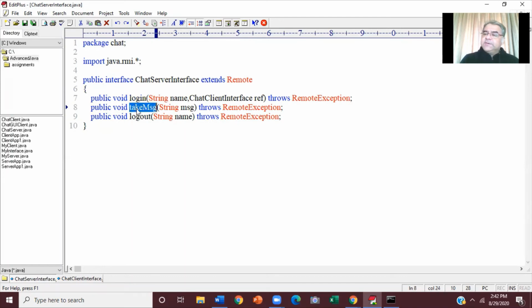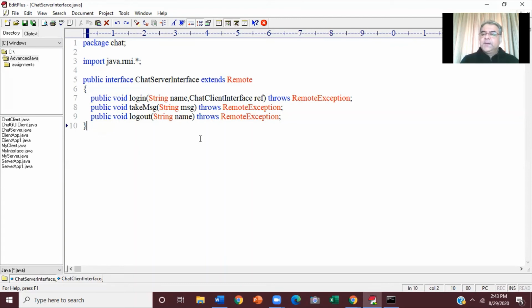How are we going to implement take message on the server? From this take message of server, we are going to call take message of all the clients, passing that same message. That is how we are going to broadcast. How are we going to implement logout? In the logout, the first thing that we are going to do is remove this person's client info object. Then second, we are going to call take message of all the clients, passing a message that this guy is logged out. The third thing that we are going to do is call take client list of all the clients, passing a new vector of client names, which does not contain this person's name. That is how we are going to do it.